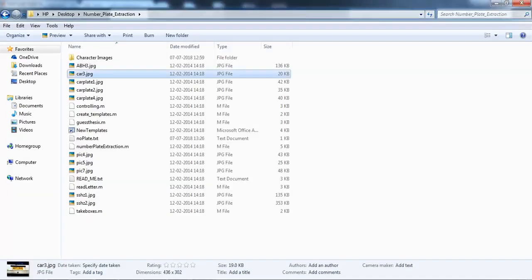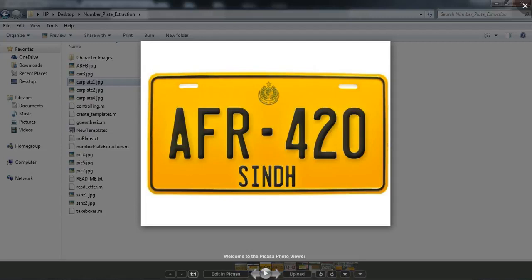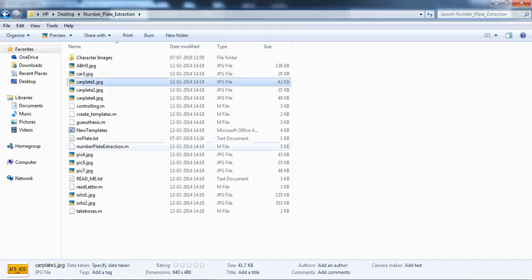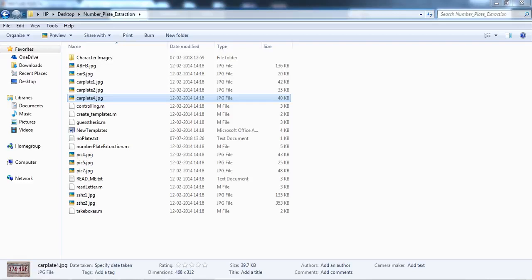Like this file, I have uploaded several number plate images. So let's test another image. Let's say this carplate4.jpg.